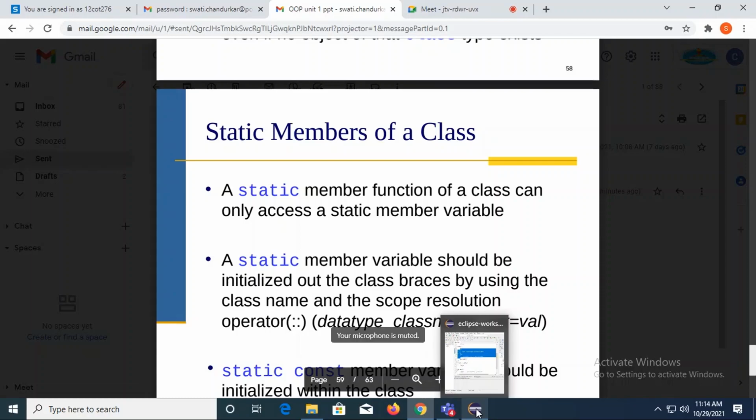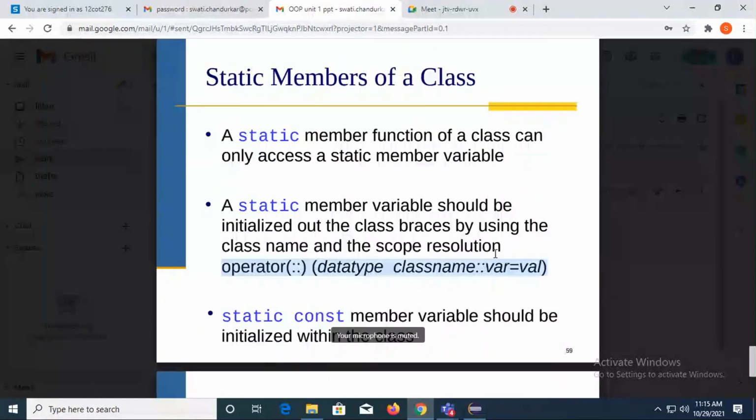This is the second rule that we need to keep in mind. First rule was we can declare the static variable inside the class, but it must be defined outside the class with the help of class name and scope resolution operator. You can see here I have written a syntax, that is data type, class name, scope resolution, name of your static variable equals value. And second rule is static member can be only accessed by the static member function. So this is with respect to the static keyword. I told you constant means type qualifier. Whatever value